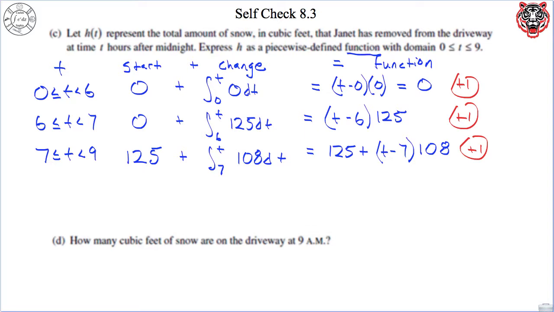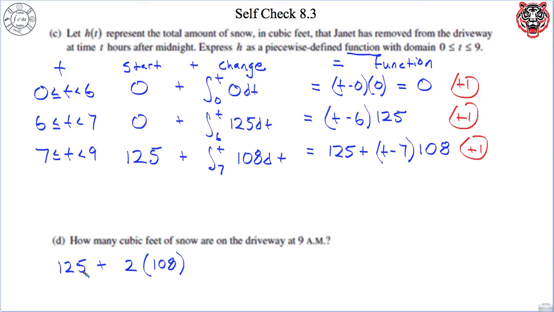All right. And then for part D, let's go down to blue. How many cubic feet of snow are on the driveway at 9 a.m.? So again, this is kind of like plugging in the initial condition if I were to go from 9 to something else. So I need to plug in 9 into this equation. When I do that, it's going to be 125 plus 2 times 108. The 2 coming from 9 minus 7 here. So 2 times 108 is 116. 116 plus 25 is